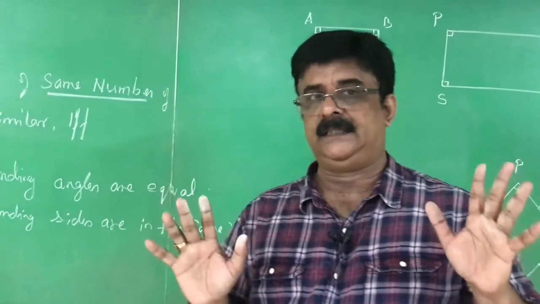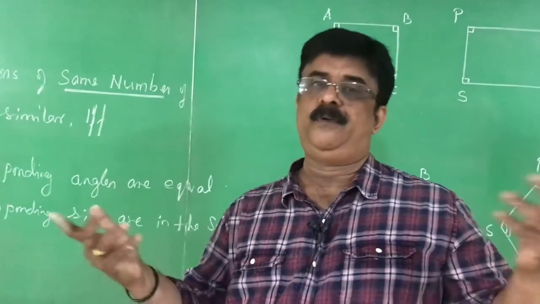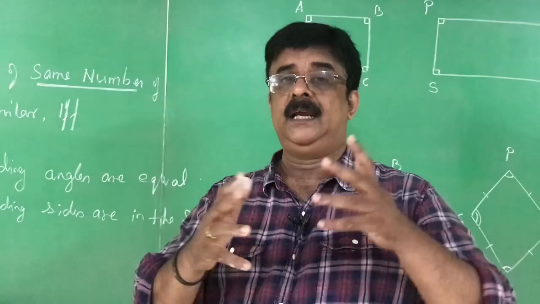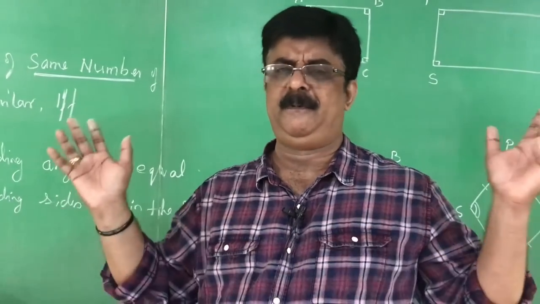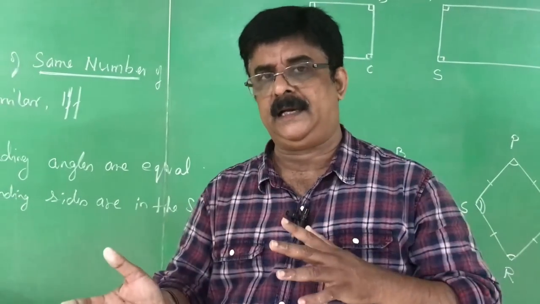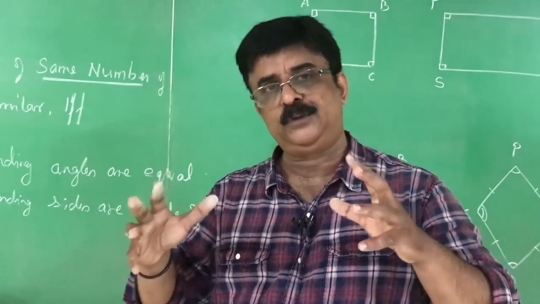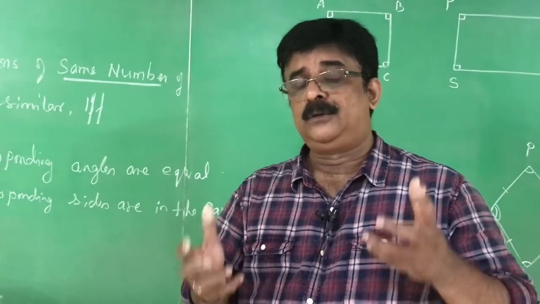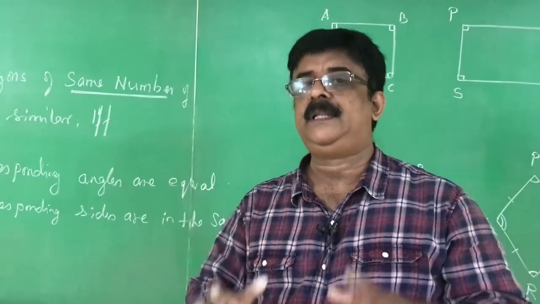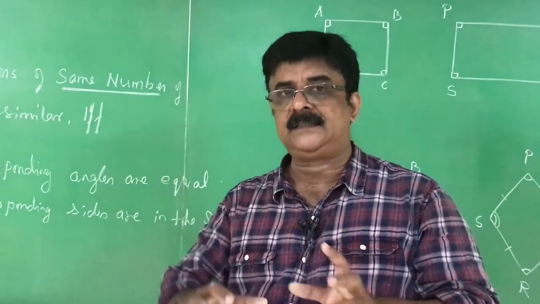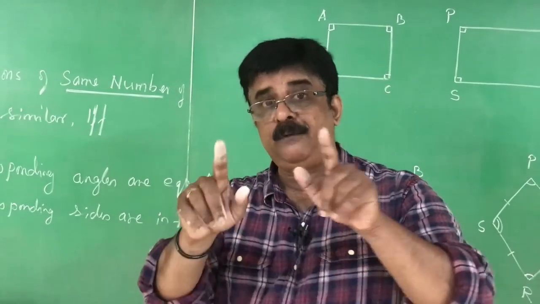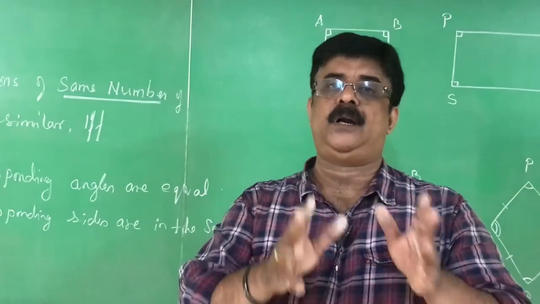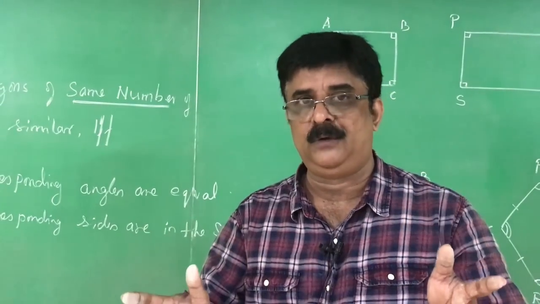The next question arises, where are we using this? We are using this in computer designing, industrial designing, industrial manufacturing. Everywhere we use congruency and similarity. In designing patterns we use similarity. Next question arises, how can I say that two geometrical figures are similar? There is a condition. Two polygons of the same number of sides are similar if and only if their corresponding angles are equal and their corresponding sides are in the same ratio.